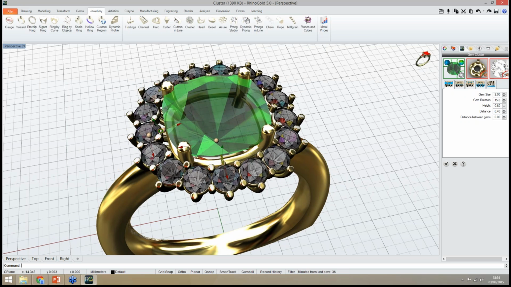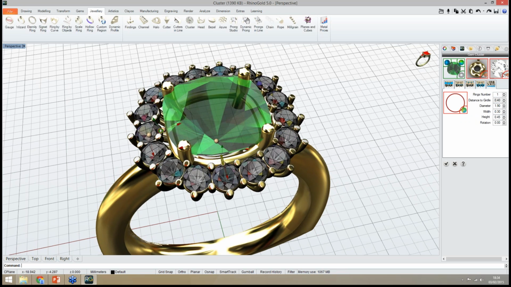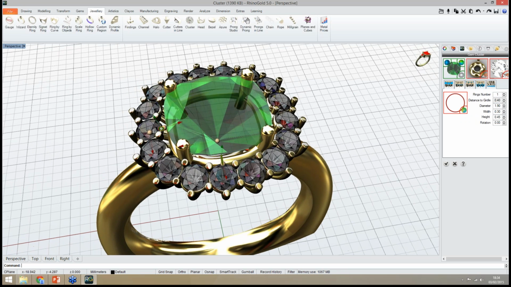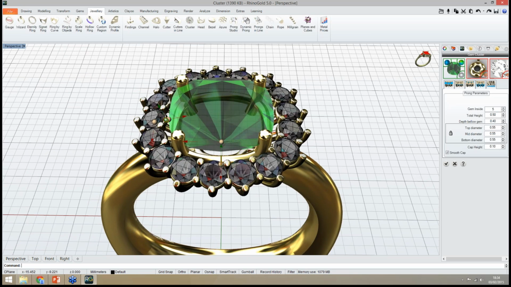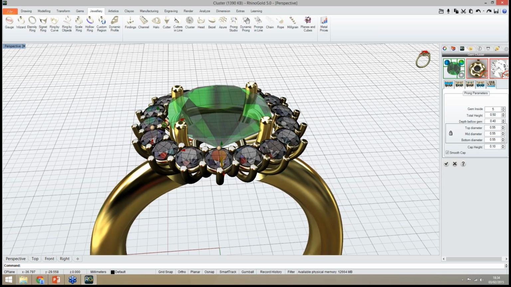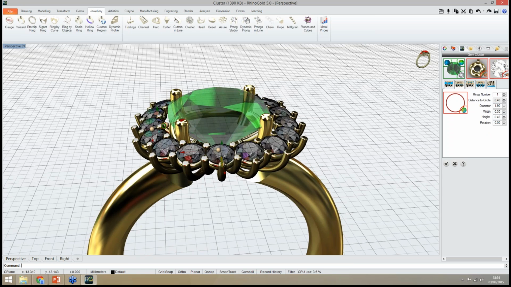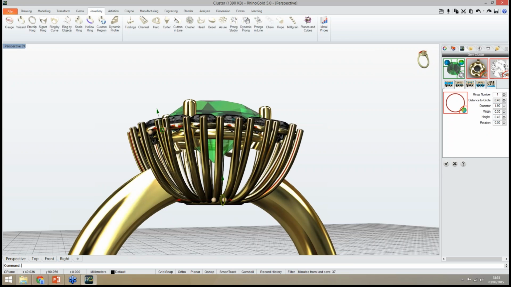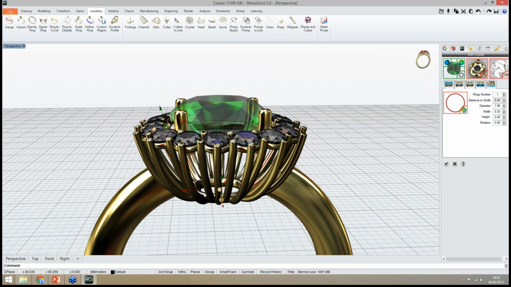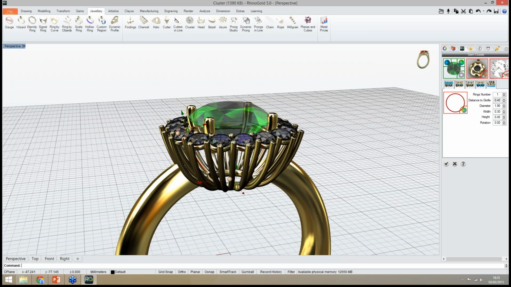Of course, we can also adjust the prongs, the internal prongs, the diameter, all the parameters we need to adjust, the thickness, everything, and the rails under the gems. I can add more rails. Let me just show you. In this case, I need to adjust the 8. So as you can see easily, I can define the cluster.